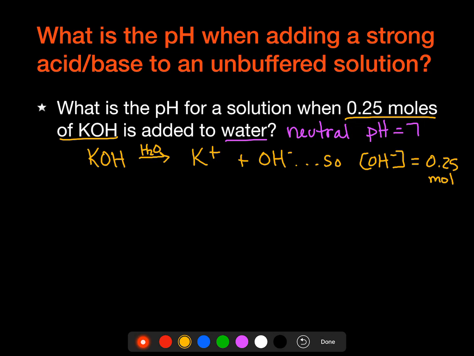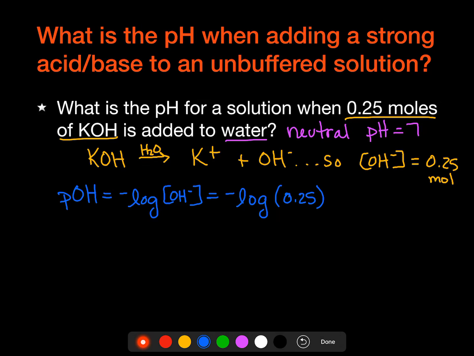So now our pOH can be calculated, and that's going to be the negative log of the concentration of OH minus, which is going to be the negative log of 0.25. And when we calculate that out, we get 0.60. Now that's pOH, that's not pH, so now we have to apply that to find pH. So pH is equal to 14 minus the pOH, which is 0.60. And that gives us a value of